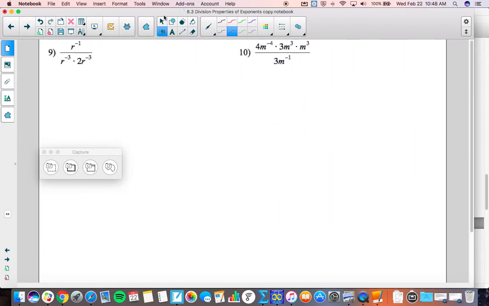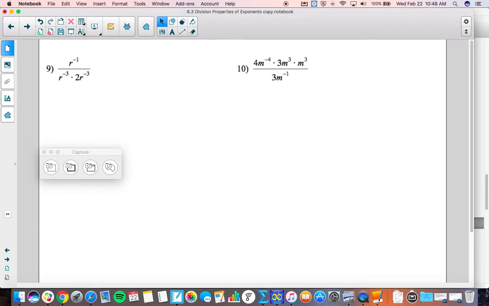Number 10. So we want to simplify this, but realize that we have a negative exponent right here. So that's like a traitor. We have a negative exponent right here. So on top, we have 4 times 3 times m to the 3rd times m to the 3rd, and then